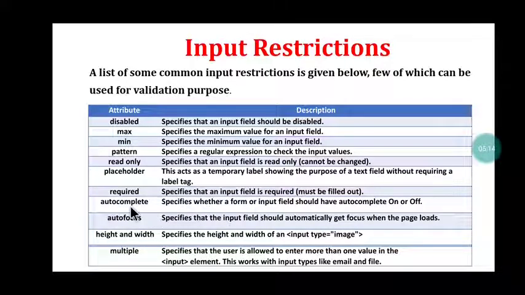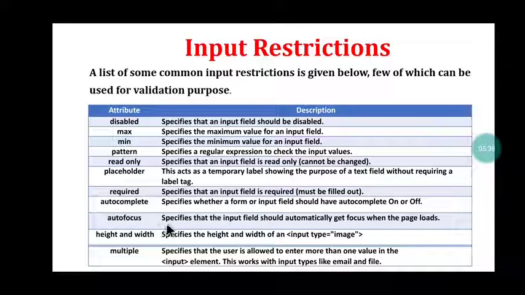Autocomplete is used to specify whether a form or input field should have autocomplete on or off. If it is on, the entry will be completed automatically. If it is off, your entry in the text field will not get completed. The next attribute is autofocus.